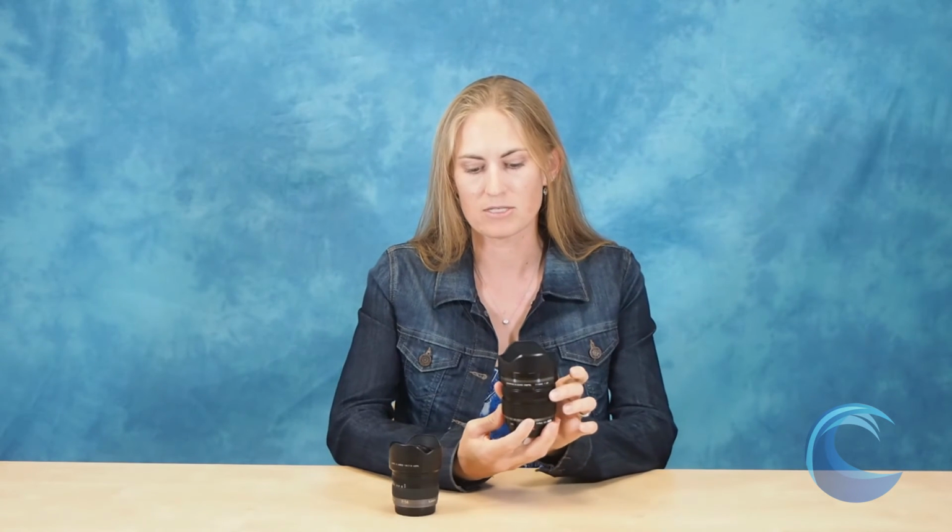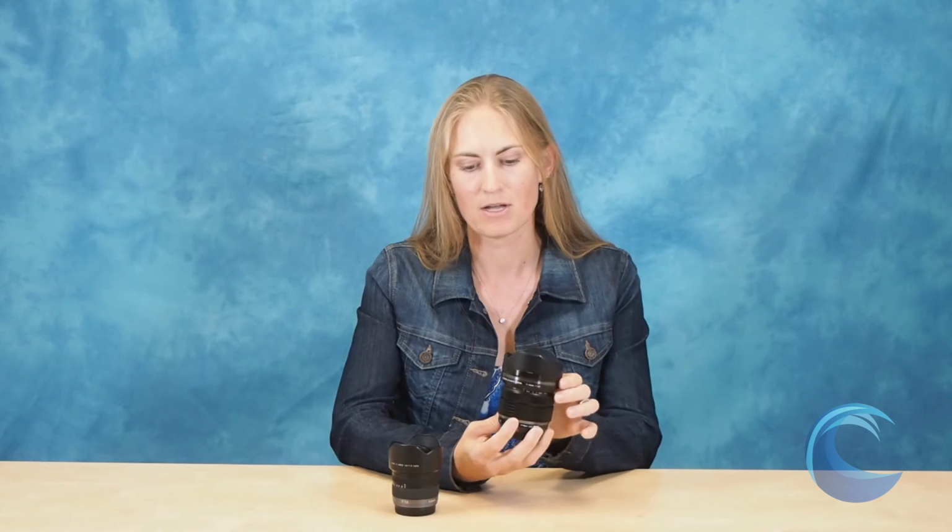One cool feature that the Olympus Pro lenses have that I haven't seen in any other mirrorless lenses is their manual focus, which most people don't use underwater, but for topside it's kind of cool. Most lenses have just your standard ring, and on these mirrorless lenses it just turns consistently, and you don't have any marking like you do on the nicer DSLR lenses to show you what your focus is set at. With the Pro lenses, you can actually slide that ring down, and then you have the actual focus markings, and the ring only turns as much as it can go for the focusing, which makes manual focusing for topside much easier. Obviously, when we have this underwater in a port, you're going to have it on the autofocus mode, and